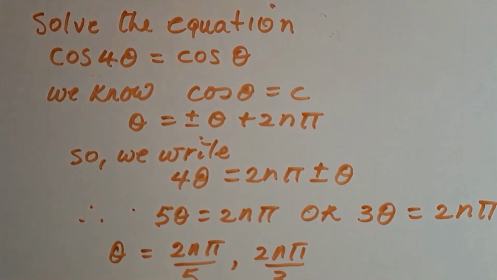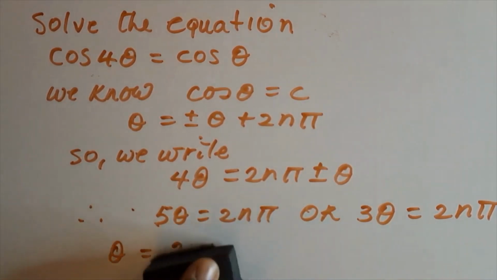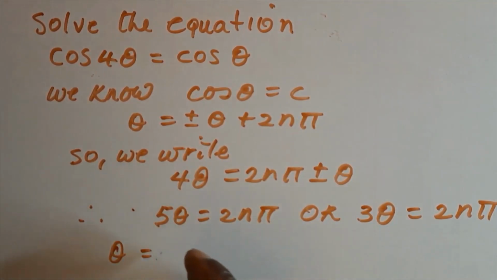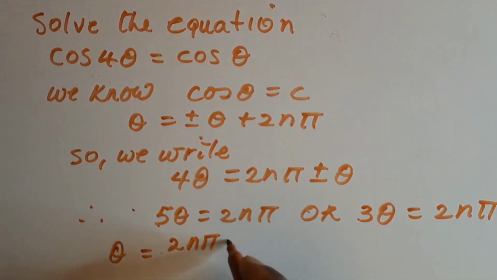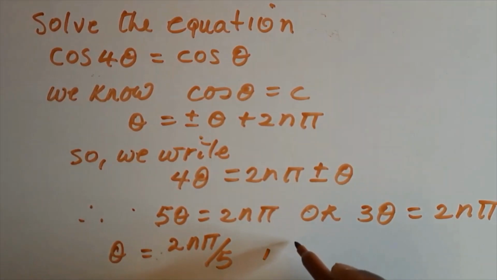I just realised this is not clearly on the screen. Let's rewrite this. So this is 2n pi over 5, or